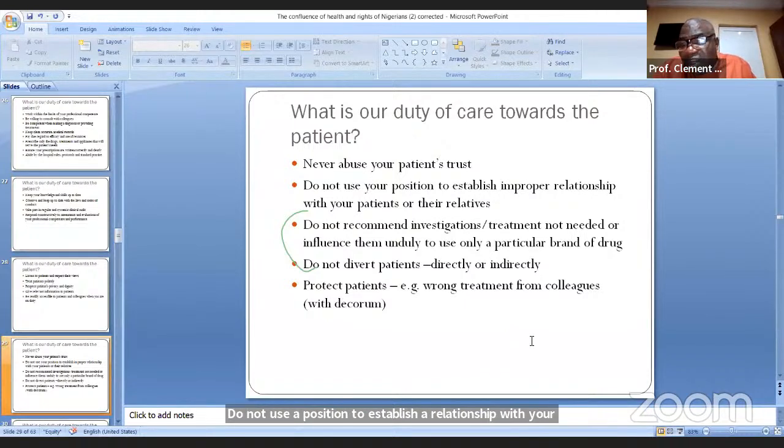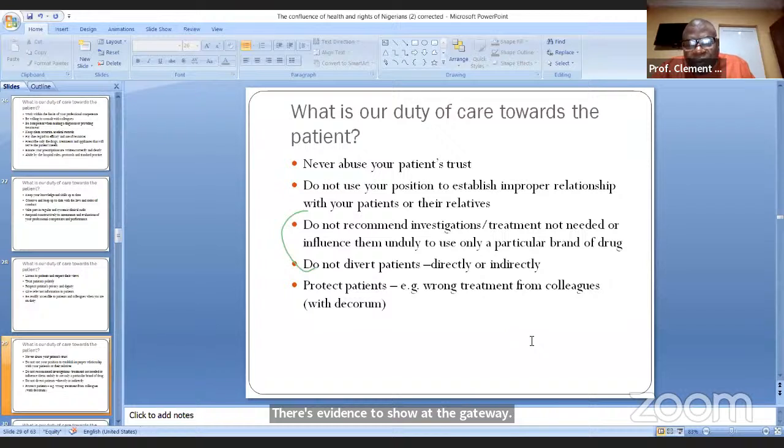This is very important. You cannot be dating your patient, for example. If it's a very pretty girl, and you got tempted after you have attended to her, or even while you are attending to her, you are toasting her, it will impair your judgment. You may not even make the right diagnosis. If in the process you did something wrong, and there's evidence to show you dated the girl while she was under your care and there was a complication, you are finished as a doctor.